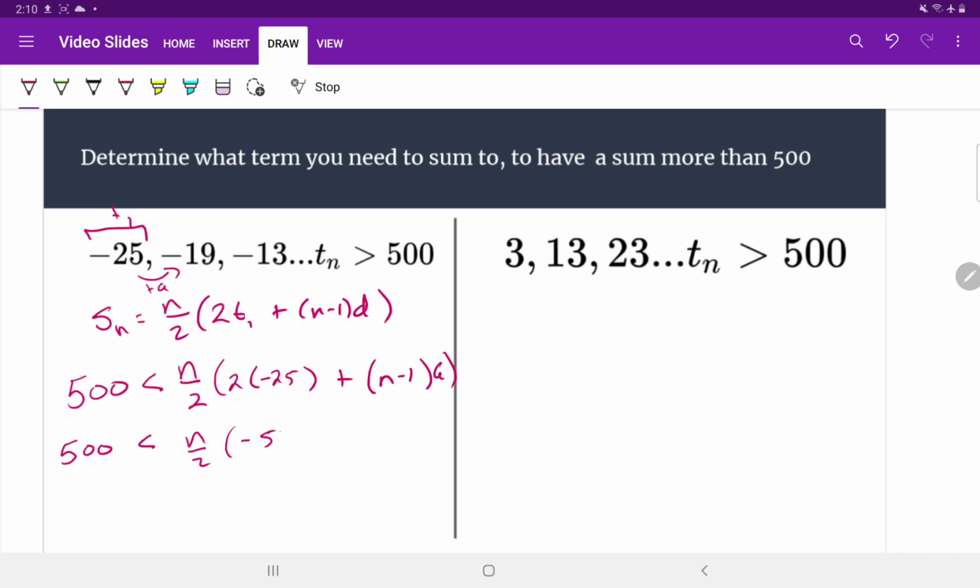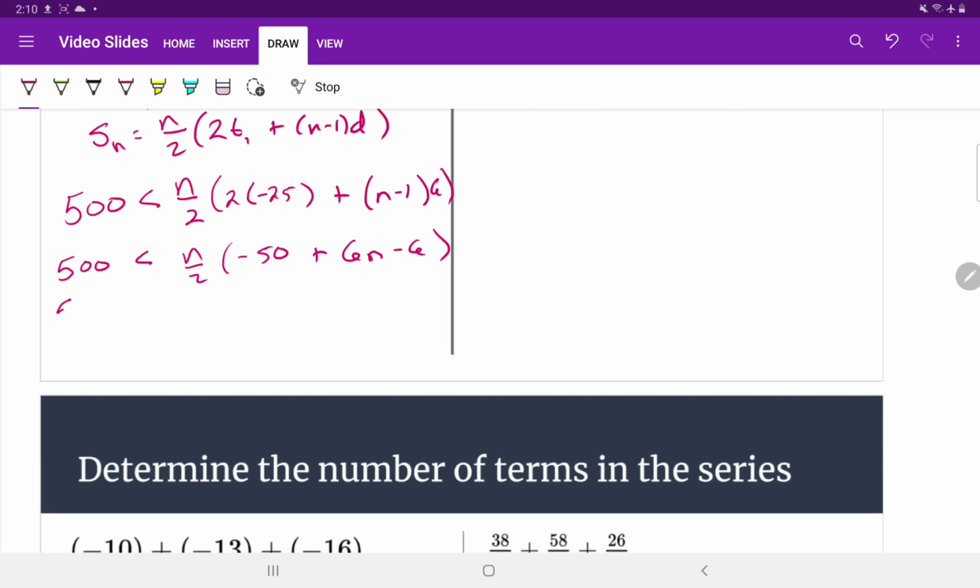This will give me -50 plus, and then I'll distribute that 6n, so I'll get 6n minus 6, and then I'll simplify inside, so 500 less than, and then I'm going to get n over 2, and then what's that going to give me? So 6n, -50 minus 6 is -56, close. I'll distribute that n in, so 500 less than, n over 2 times 6n is going to give me 3n squared minus this 56 divided by 2 will give me